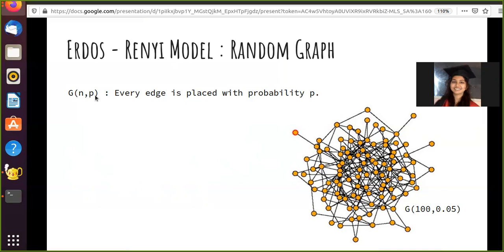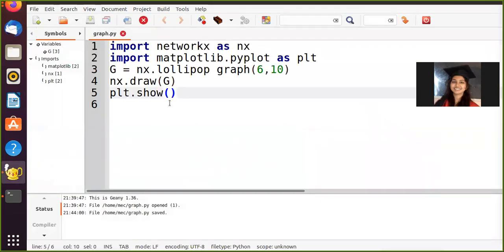So we will now look at a hands-on for this. Although there is a direct function which can create a random graph for you, we'll try to write its code on our own. This is important because when in future you come up with your own algorithm to create a graph, you must know how to write some of these codes so that you can extend these algorithms. Assume that you figure out there is some drawback in this Erdős–Rényi model, and I want to fine tune it a bit, so you should know how one writes a code for this. That's what we are going to do now.